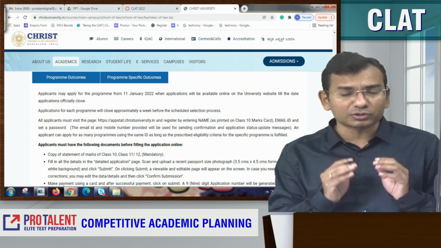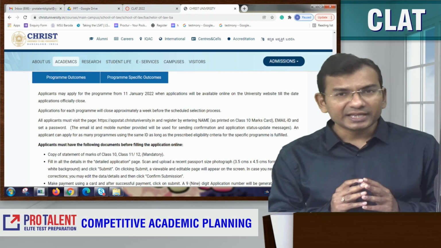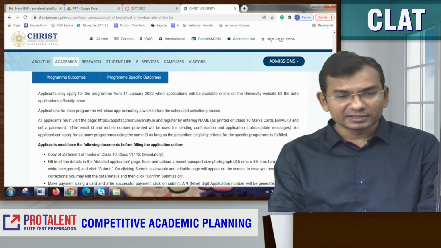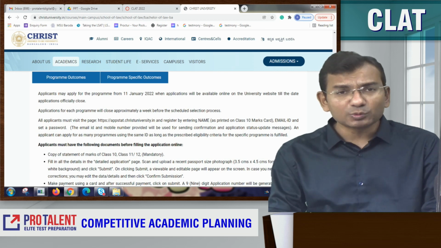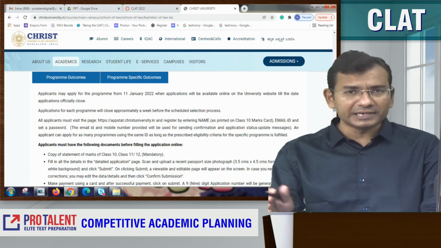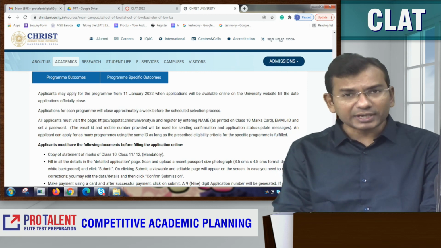Now what is important for you right now is the application. On the application front, it starts from 11th of January, and generally it is till 20th of April. They may possibly extend it, they will definitely extend it, depending on the current scenario.